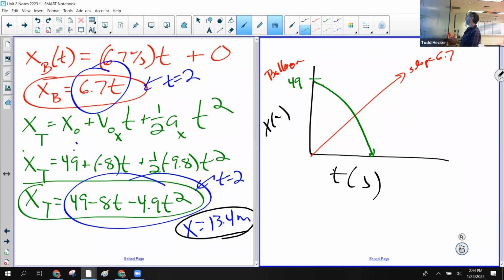And what point do we know? Well, we know that at the end of, what did we decide, 2 seconds, they cross at a position of 13.4 meters. Okay, so there's your graph. And then ideally, you should probably figure out this time here, the time at which the tennis ball hits the ground. All right, so